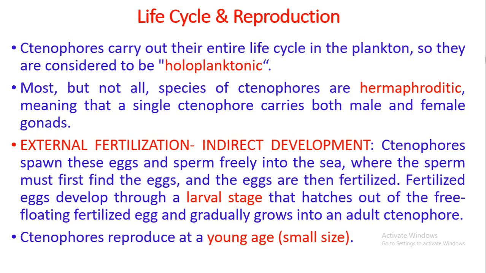What about the life cycle and reproduction of the ctenophores? Well, this is surprising. The majority of the most well studied and well known ctenophores are planktonic in nature, which means that they are found swimming at the surface of the seas and oceans. Majority of them are marine. We don't know of freshwater ctenophores, I guess, and they carry their entire life cycle in the planktonic swimming form. So that is the term holoplanktonic. Holo means complete, entire, planktonic. Majority of the times, the entire life cycle is planktonic.